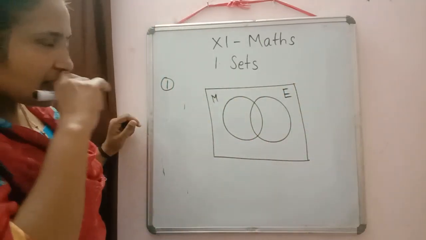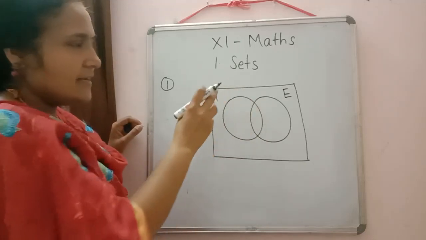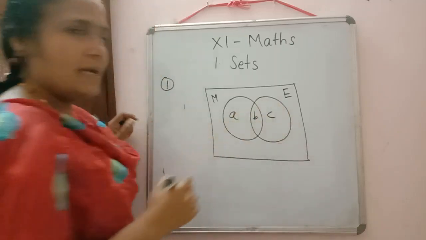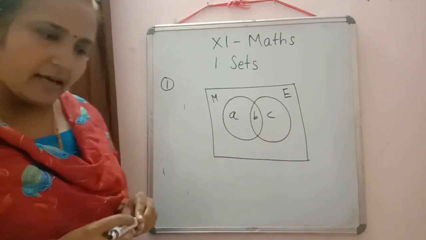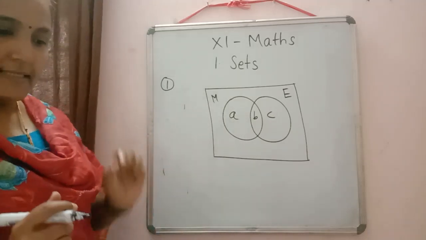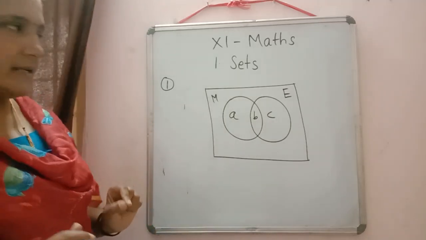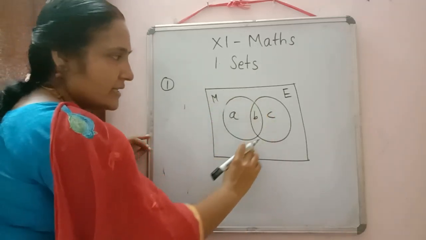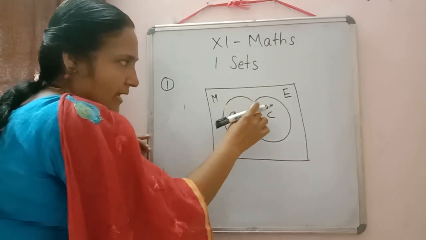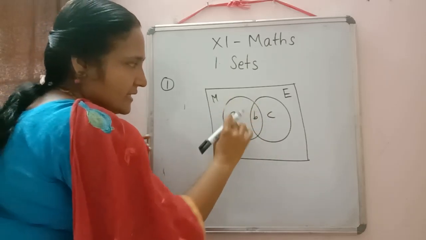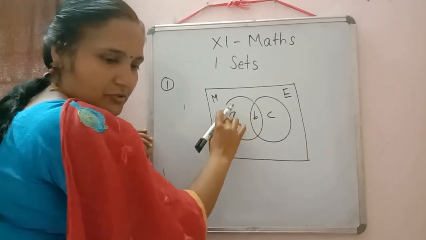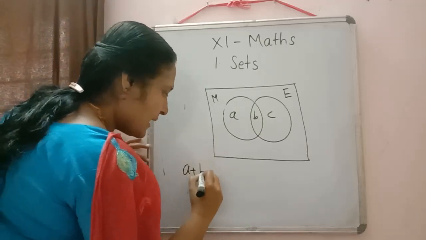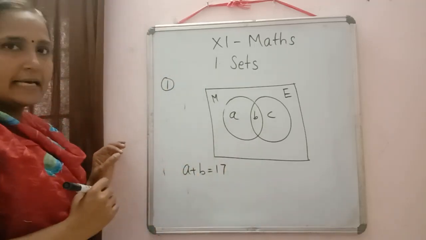So here the circles, these regions are divided into some parts. So we can give some names, some alphabets here. Suppose A, B and C I have given. Now here we can check, in a class of 35 students, 17 have taken mathematics. Mathematics denotes the first circle. And the first circle is a combination of two regions, this one and this one. So this region I have denoted by small letter A. So 17 have taken mathematics. So what will come according to the information? Yes, A plus B is equal to 17.